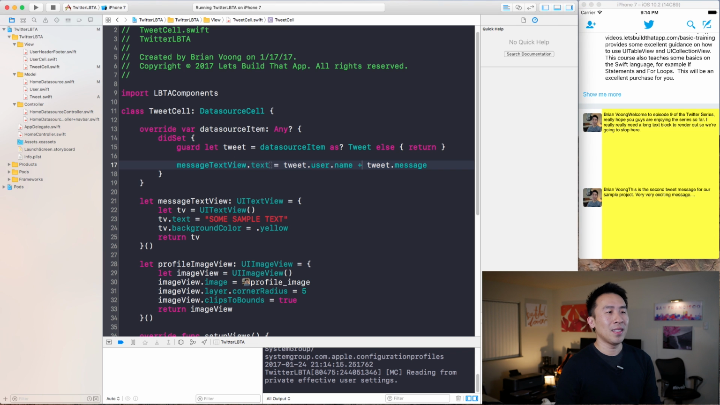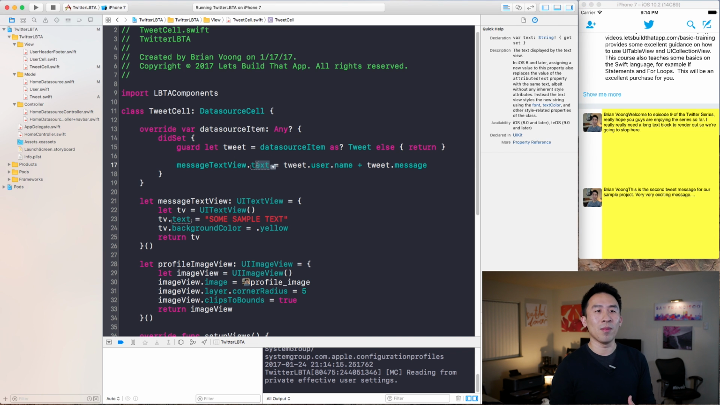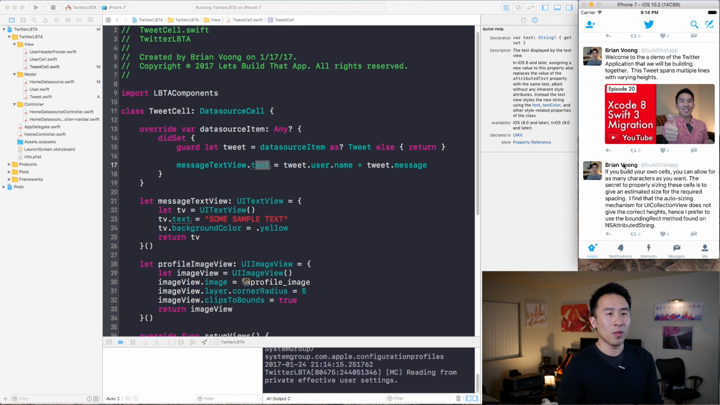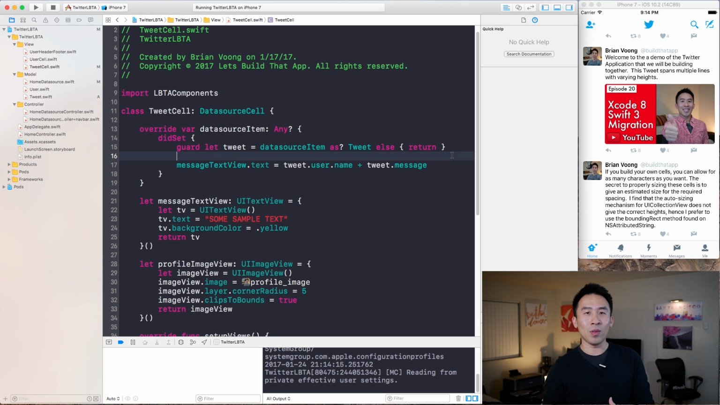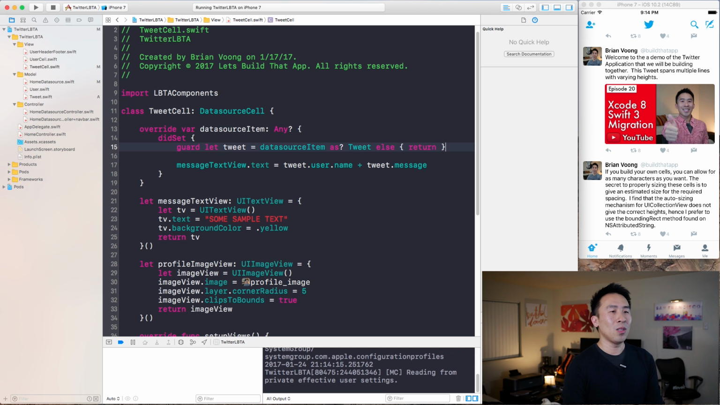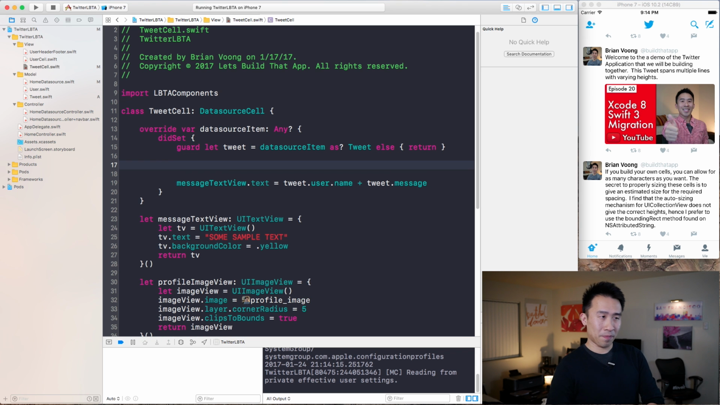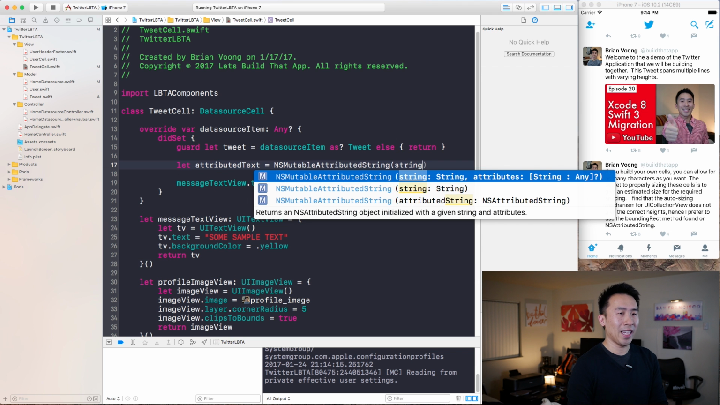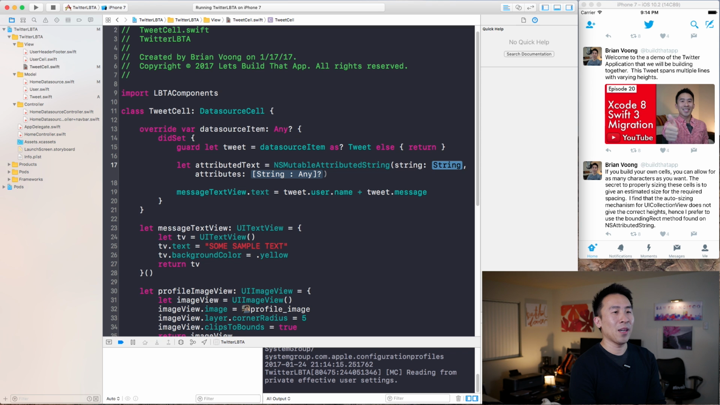So the problem with these raw text strings is that you can't render them with any type of formatting. So what I mean is I want to have bold font for my name, and then some grayish font for the username, and then a different font for the message. So the way to do this very easily with one text view component is to use something called an attributed string. So let's do this right here. Let attributed, or attributed, can't remember exactly how that's pronounced. Attributed text equals NSMutableAttributedString with a string and attributes dictionary. And this guy will be, let's see,